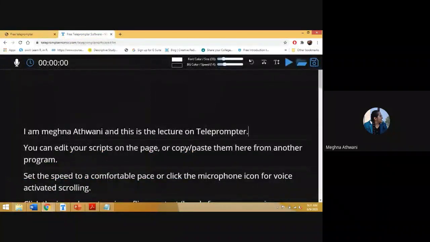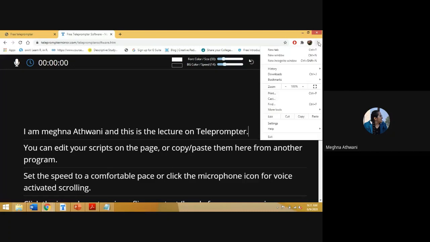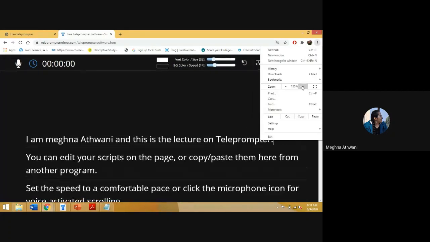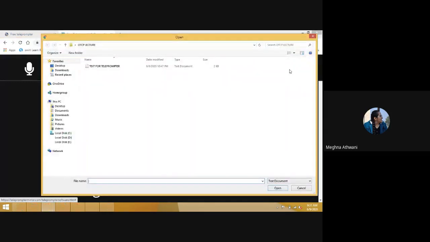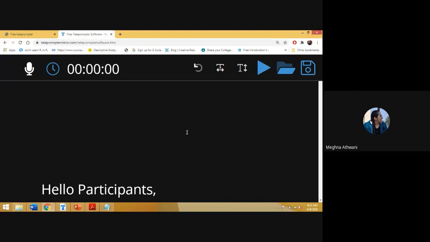But here in Teleprompter Mirror, you can load your text file. You see this folder option here? I'll just increase the font so that you can see it. This option, where my mouse is. Just click this option. And I have already prepared the script as I had told you, a TXT file, and I'll double click on it.